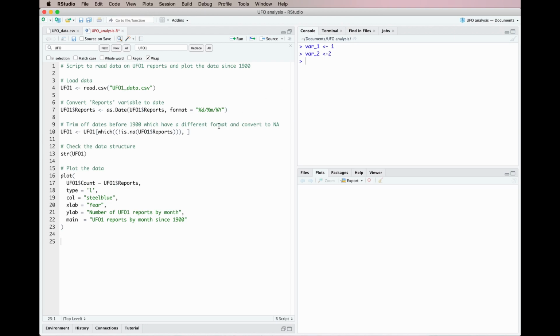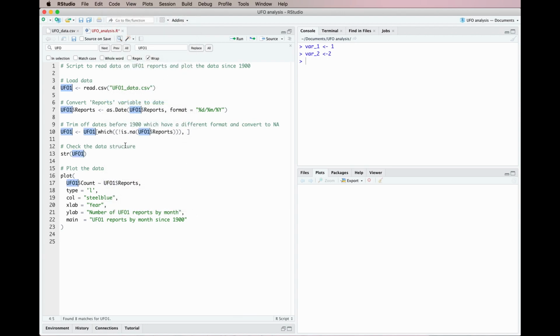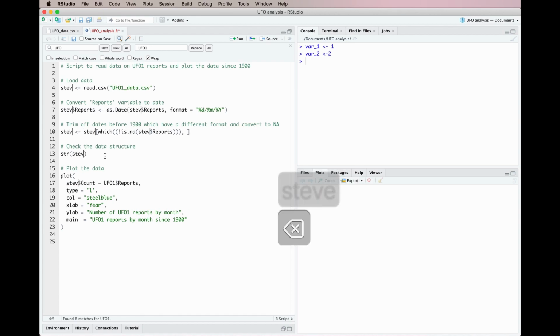A second option for changing the name of a variable is, if we pull the code menu down again, you can see that there's something called rename in scope. So if you highlight UFO1 and go to rename in scope, it gives you lots and lots of cursors, one by each instance of UFO1, and you can use that to change it to whatever you want. I'm just going to change it back to UFO, but you could change it to Steve if you wanted. And that's an alternative way of changing all the names of a variable